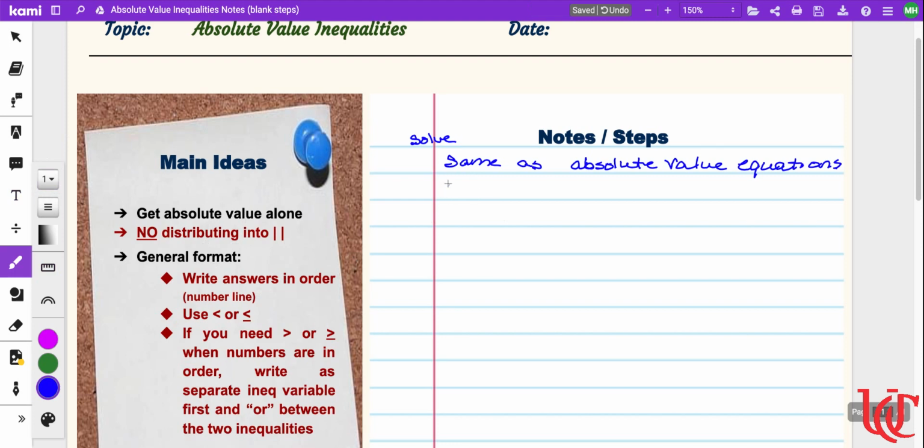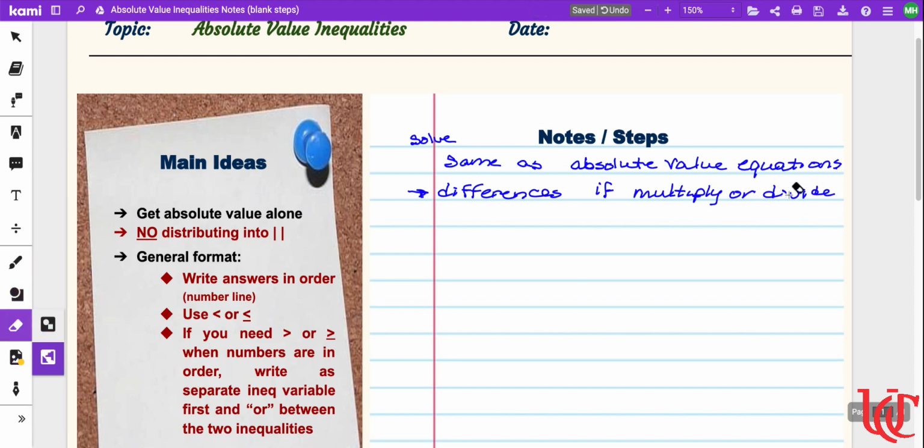So the differences are, if you multiply or divide,